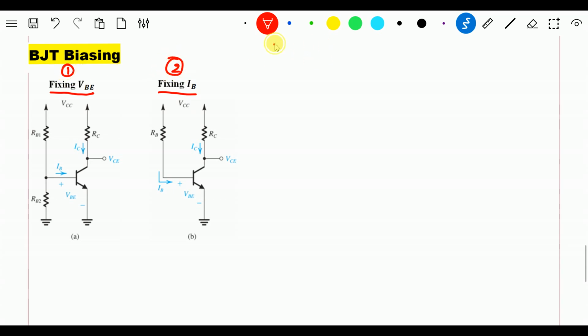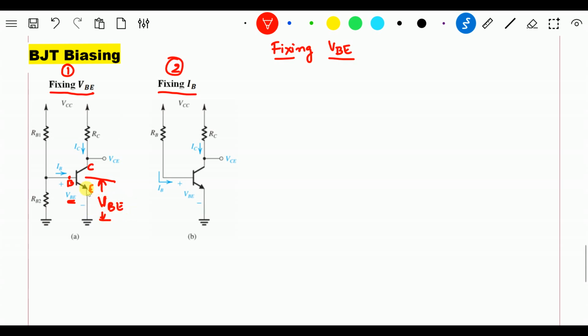Now let me go with fixing VB. I'll try to write a series of equations which makes me think how this biasing can be considered. So here, when I say it is fixing VB, which is VB? This is the base, this is my emitter and this is my collector. Now if you see this voltage, which is base emitter voltage, if I say from base till ground is VB,